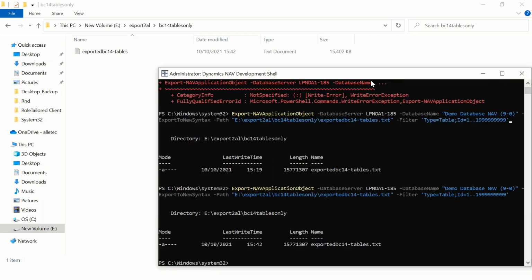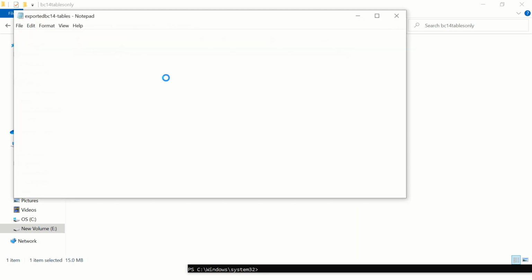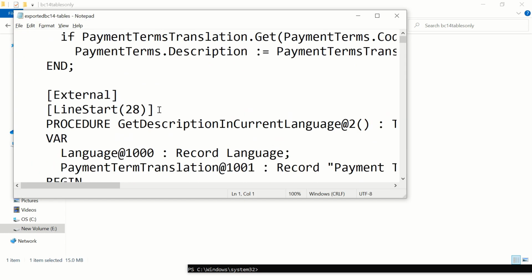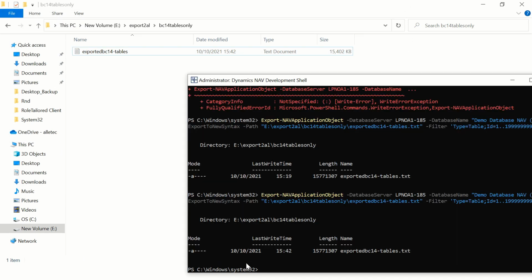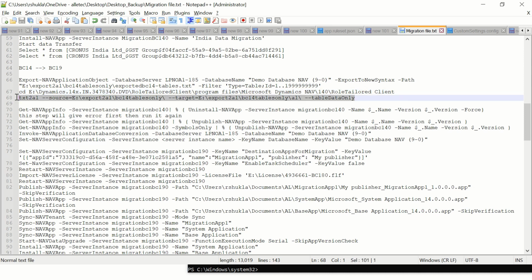All right, so now since I've done that, I have my table objects here, okay? And that's going to be in txt. Let's take a quick look. All right. Now, the next step would be that I have to convert these objects to AL. All right. So to do that, I will